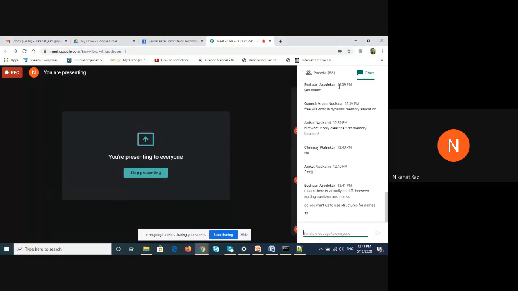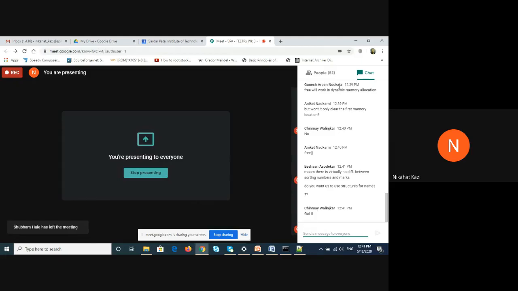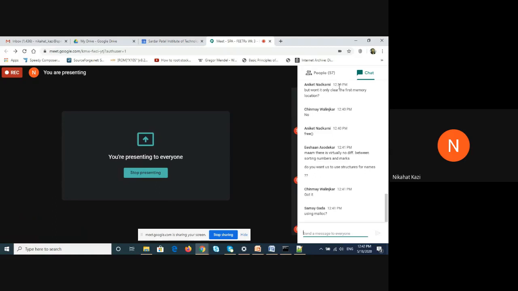You need to allocate memory explicitly, so you need a function for that. You cannot directly declare some array and have it dynamically allocated. You need to use some function, that is malloc or calloc. So if you use free, you can free the entire memory, whatever you have allocated.